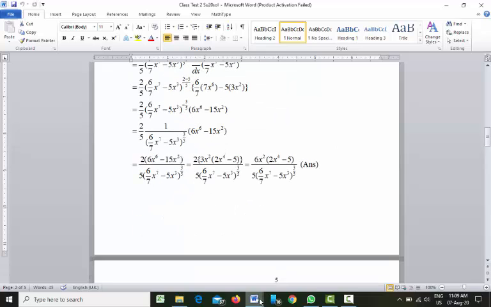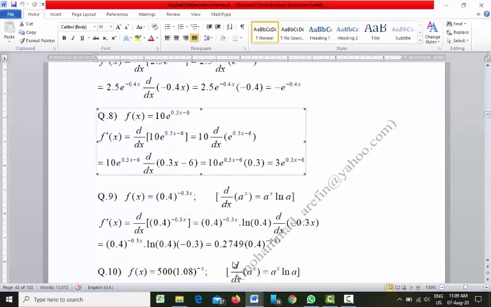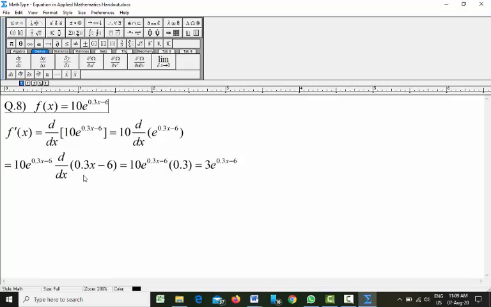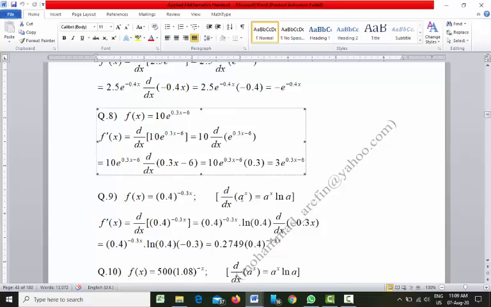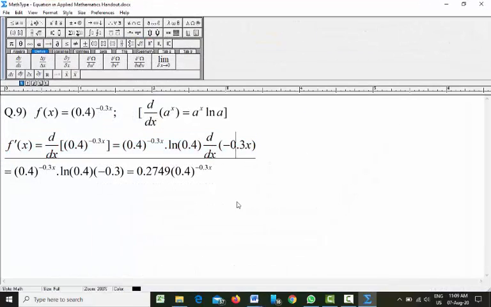Right. So now we will move to... So now we will solve this one. So here, as you can see, we have a... sorry, not this one. Let's do this one. Here we have a power over a number. So here we want to do a differentiation of this one.